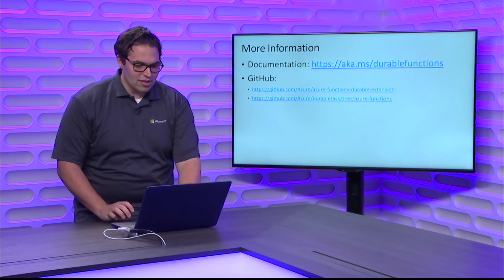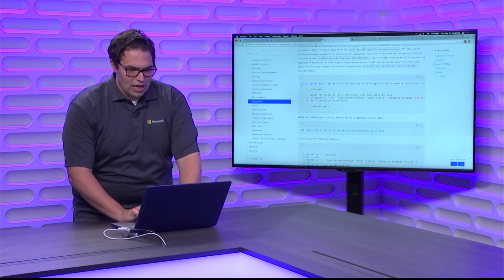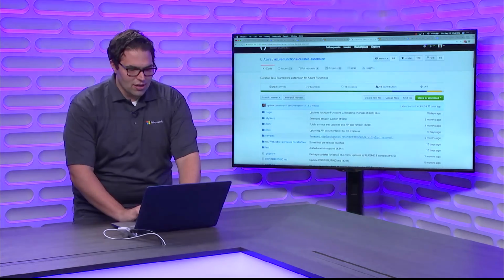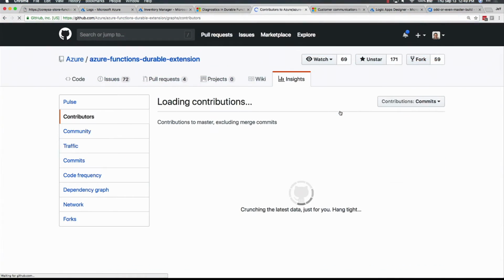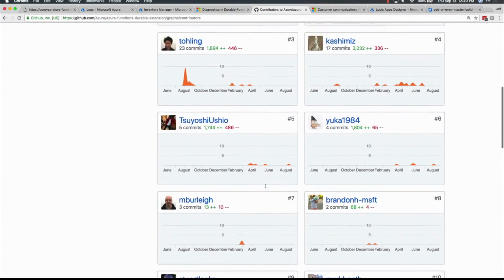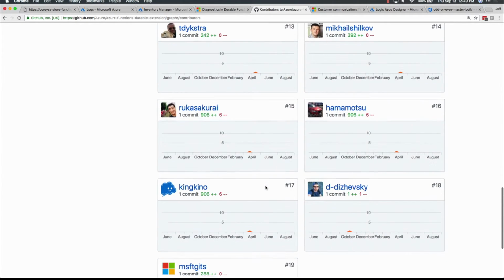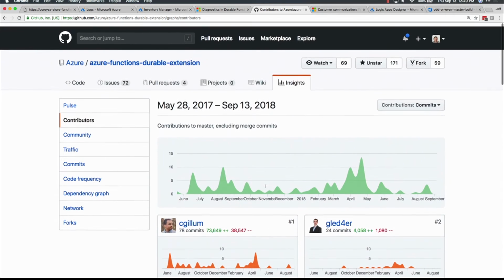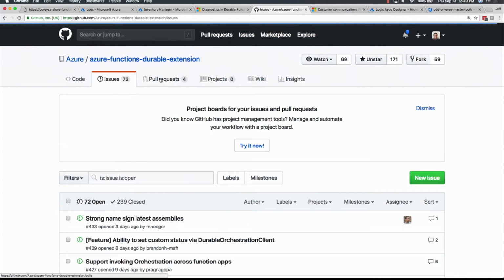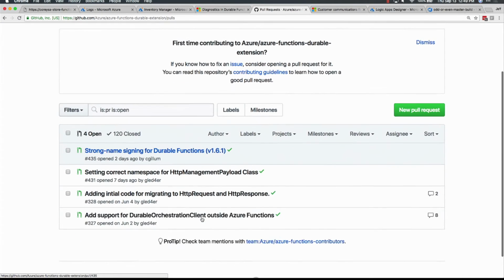What's awesome about this from an Azure Functions standpoint, if I actually come here to the project, we have a lot of contributors, given how relatively new this is, that are not on the Azure Functions team. There's a lot of people here too, and shout outs to them, who've come in, they've engaged with us on open issues, they've opened pull requests, they've helped bring this extension forward and this framework to make it accessible for every developer in every single scenario.